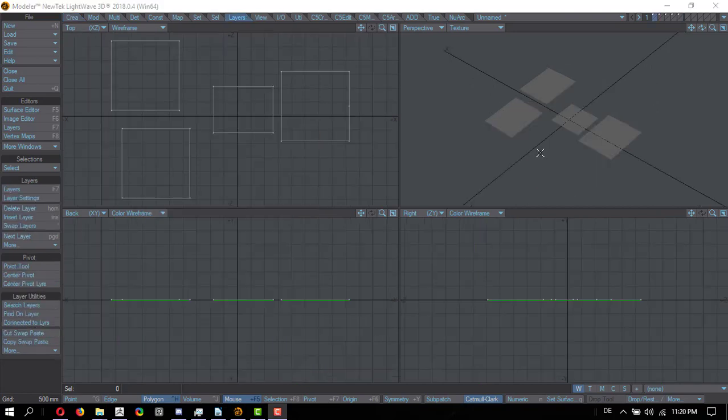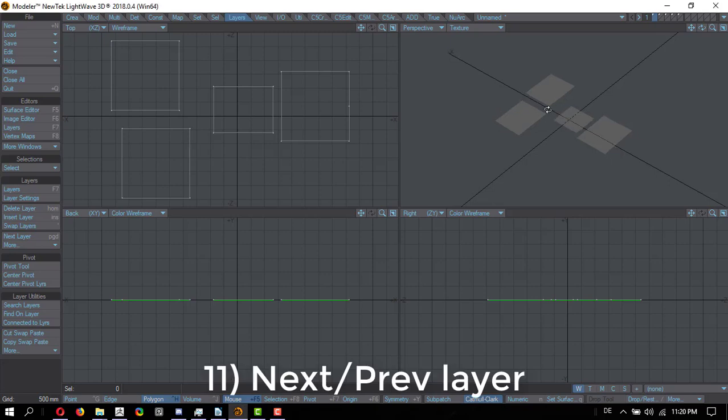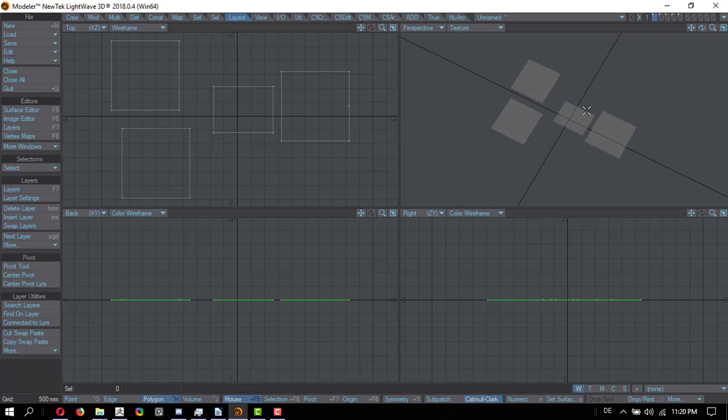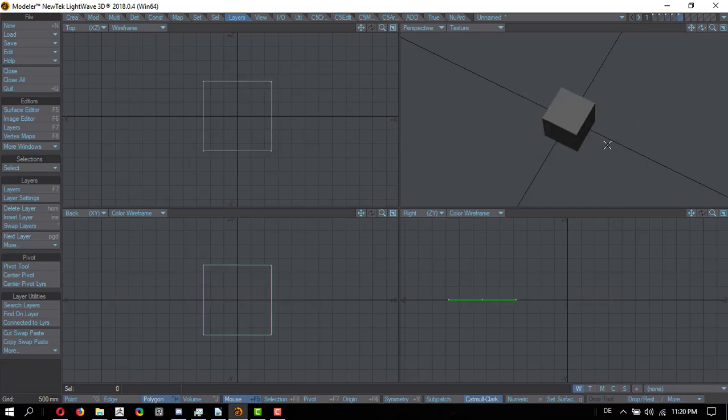The last tip I would like to show you is a very simple one. This is about selecting previous and next layer. By default, that is assigned to the previous image, next image key on the keyboard. I personally have set it up to the arrow keys, arrow and shift arrow. Why? Because I like to have my shortcuts available with one hand, the left hand, because I work with a tablet. So in my case, it's arrow, and you can see I'm switching the layers like that